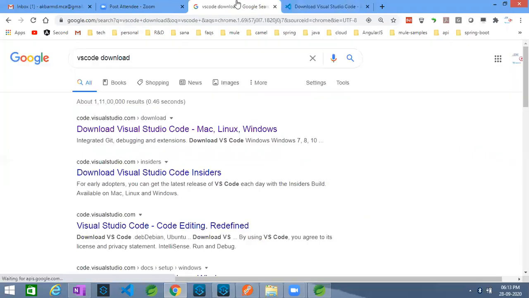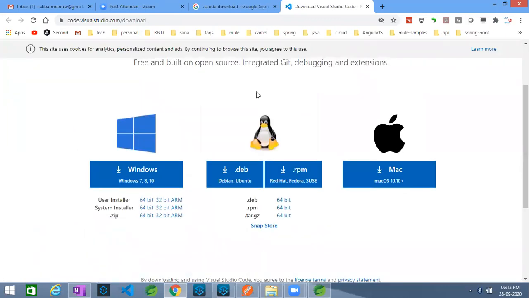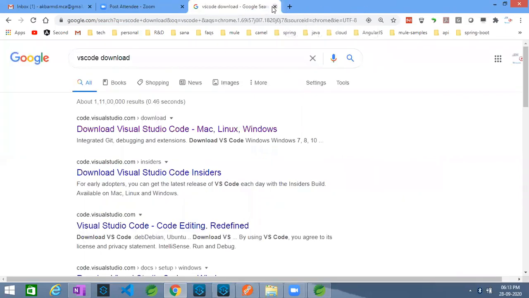You just simply type VS Code download, open the first link and select Windows 64-bit. Zip or user installer? Try to download the user installer.